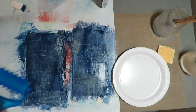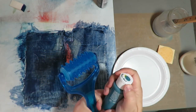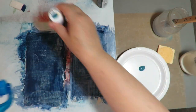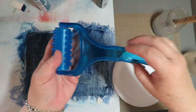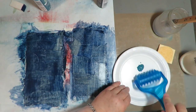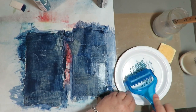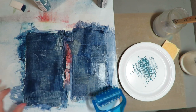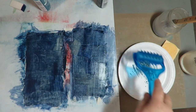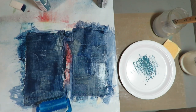I want to add a little bit of interest, and I have another video on all different kinds of things that I use to put texture in my backgrounds. You can use stencils, you can use sprays, you can splatter, you can do all kinds of fun things. This is from the dollar store. It is a cheapo massager, and it's got these little nubby things on it. And I just like to pick up some paint with it, and then roll it over my work, and it just adds some very interesting dots, and